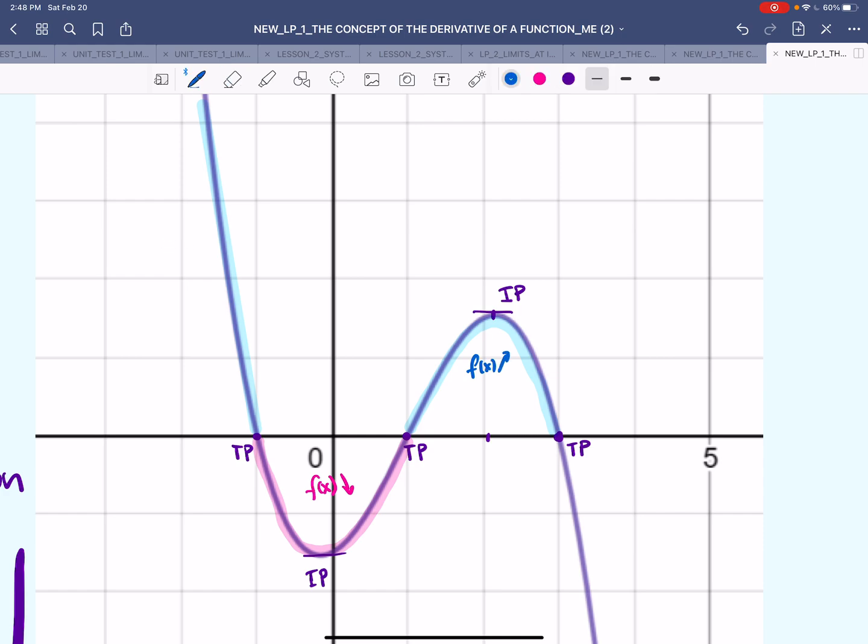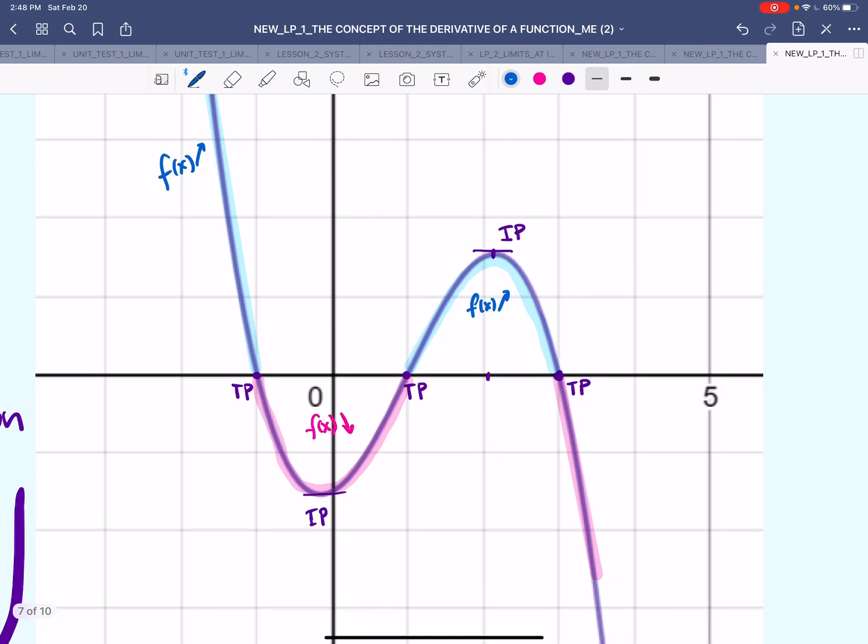I'm going to use the same color so it kind of helps. And last but not least, we have the last segment in here. You can tell that the derivative is below the x-axis. And when the derivative is below the x-axis, that means that f of x must have been decreasing here. Okay? So we're going to say that the function is increasing in this interval of x values. Okay? And then it's decreasing in this interval,